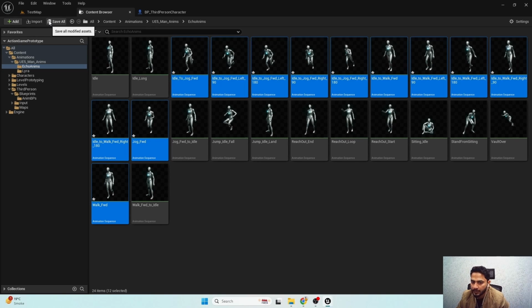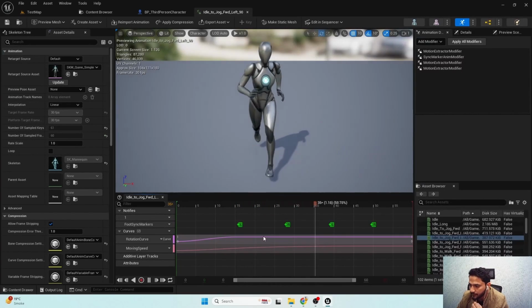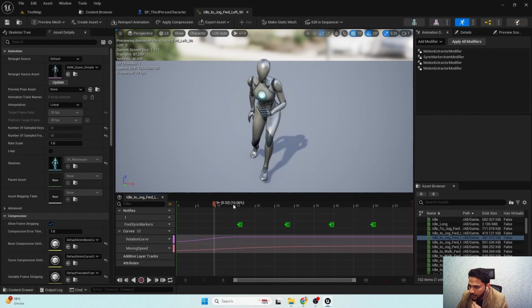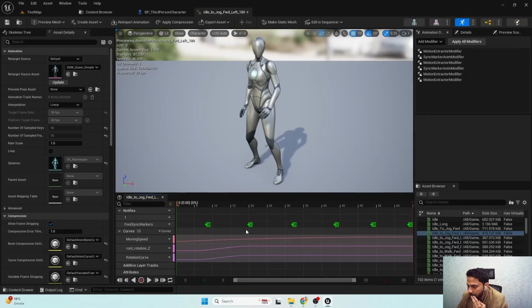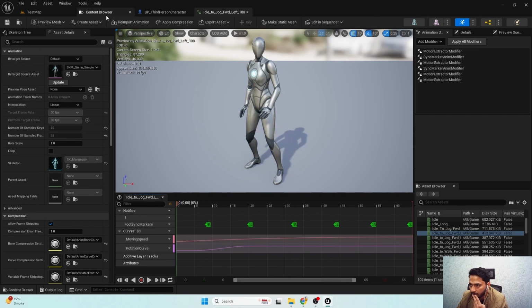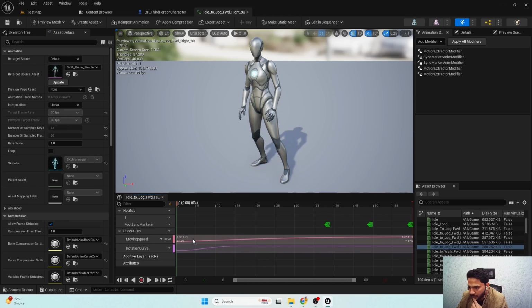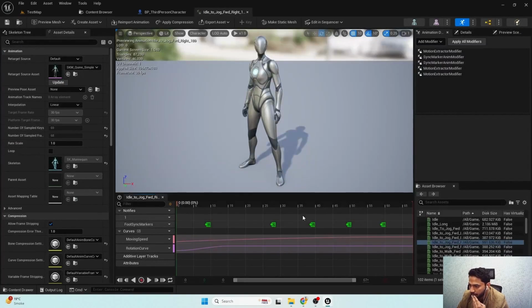There we go. So we have all the modifiers ready. Let's check one by one. We have sync markers, we have rotation curve 0 to 1 and moving speed. Fine. Sync markers, moving speed, and rotation curve. Remove this existing rotation curve. Sync markers, moving speed and rotation curve. Fine. Sync marker, moving speed, rotation curve,